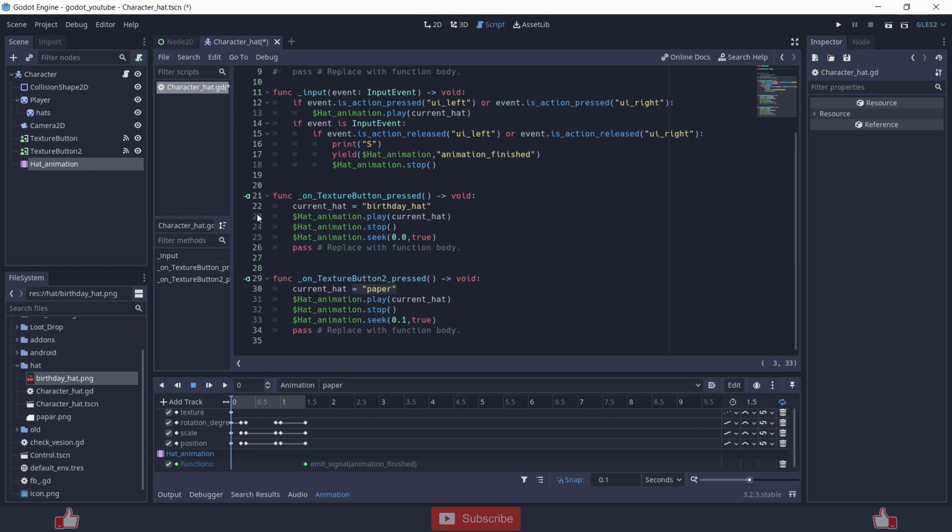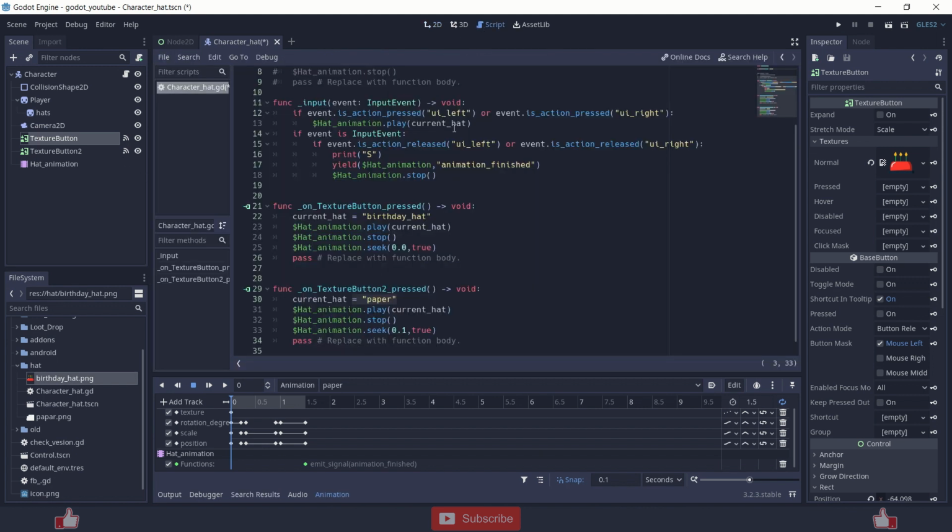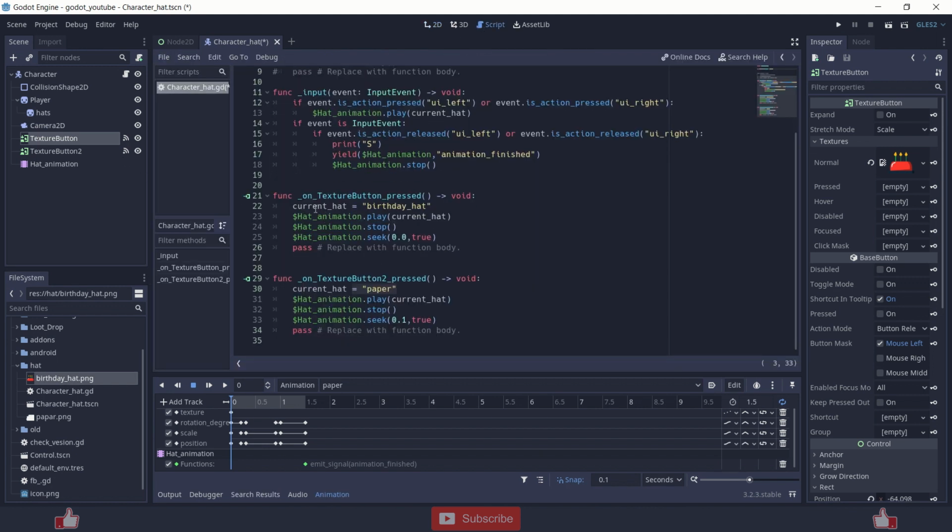So when I click texture button one, basically a party hat, it just changes the variable to birthday hat, party hat, and animation to current animation. I am assigning the specific name of the animation to this variable, and I am stopping the animation and changing the frame to the first one.